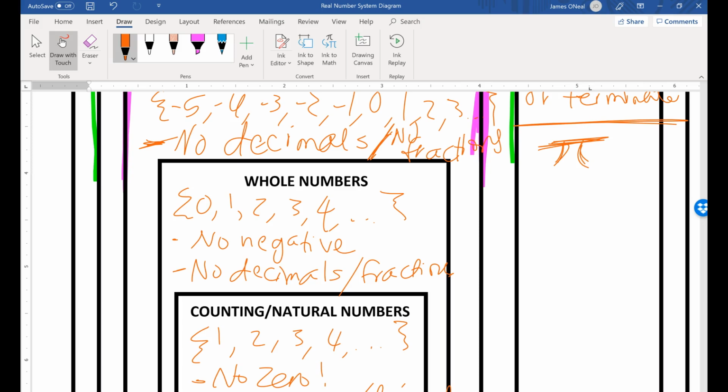So pi is 3.141592654, blah, blah, blah. It has no repeating patterns, and it goes on forever. Irrational, the most common irrational number. All right? And then